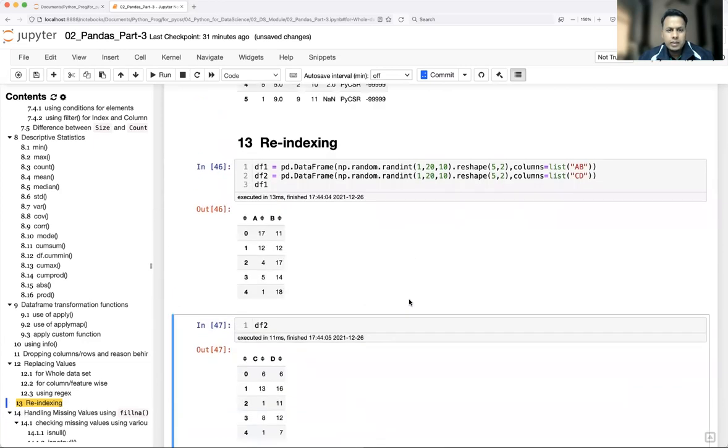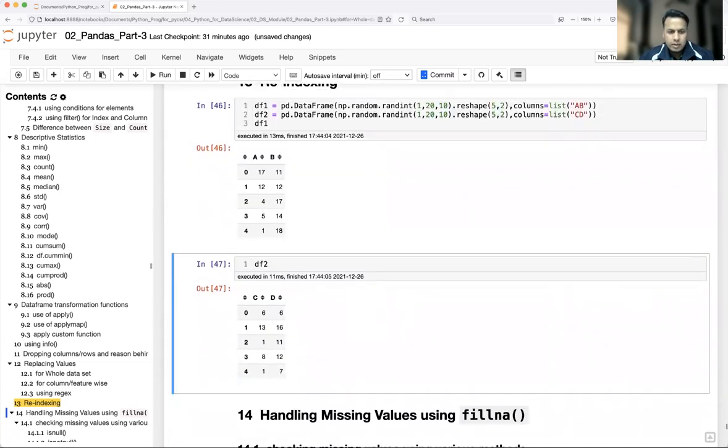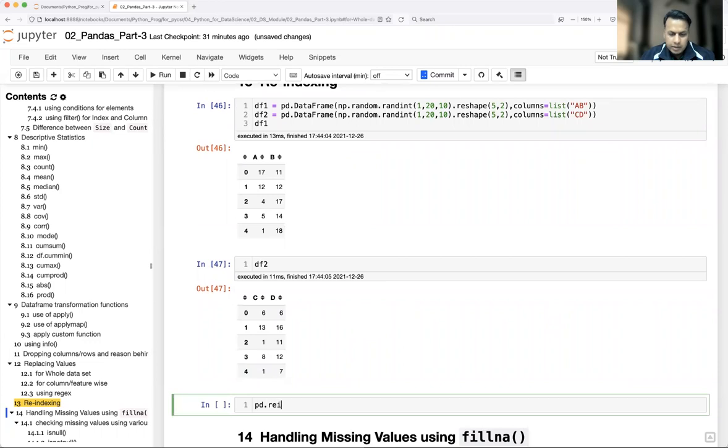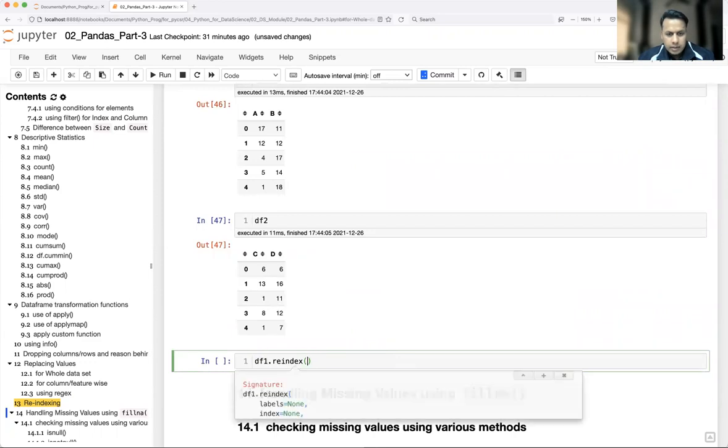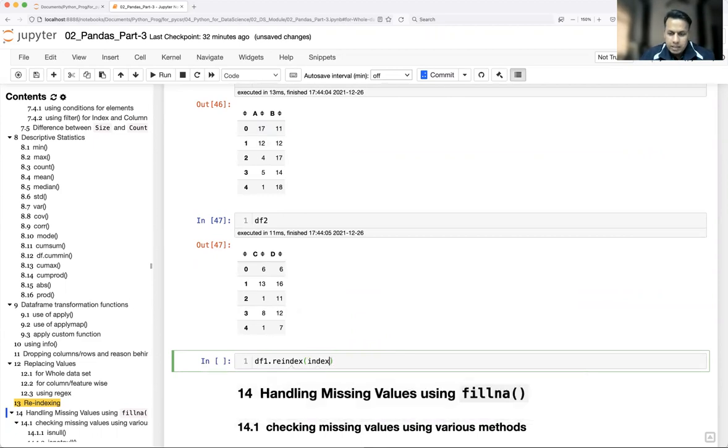Now you want to do reindexing, so let's see how you can use it. So df1 dot reindex. I can have labels, so instead of having 0 1 2 3 4, I want to have index labels as, let's say, range 100 to 105. Let's see if it works or not.